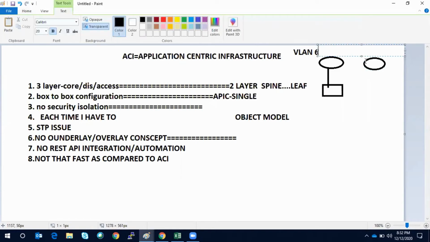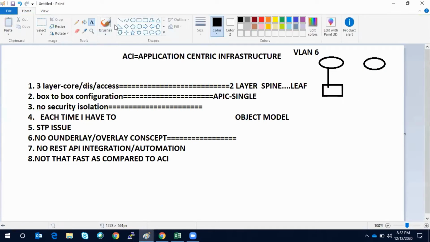That is known as a pervasive gateway or anycast gateway. So after some point of time, if I move this server to here, I don't have to change my server configuration because that gateway is available anywhere. That means I can do vMotion without worrying about the IP address information, subnet information, or anything like that. My gateway is available at all the leafs.